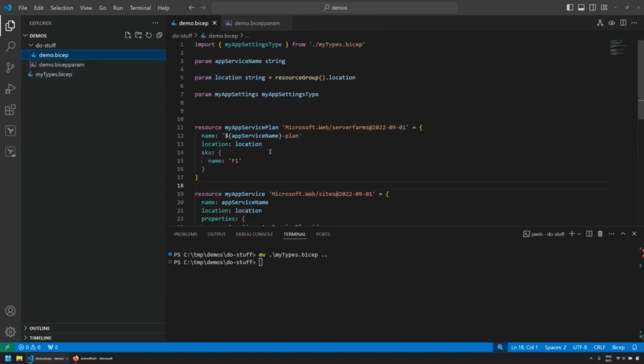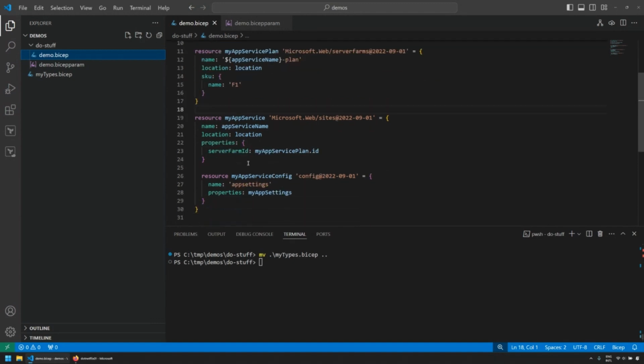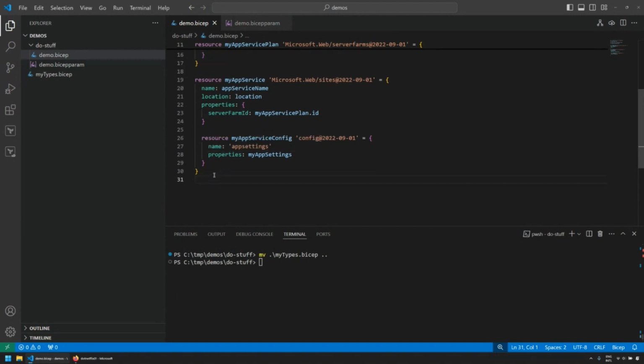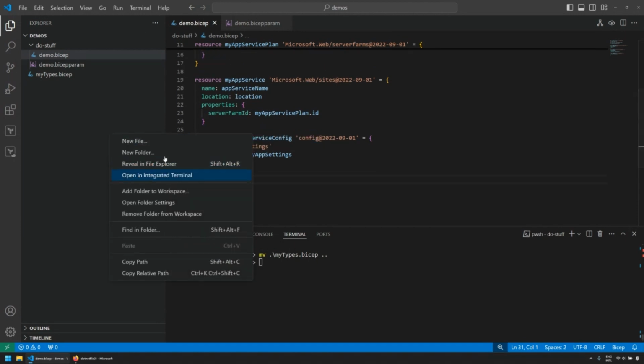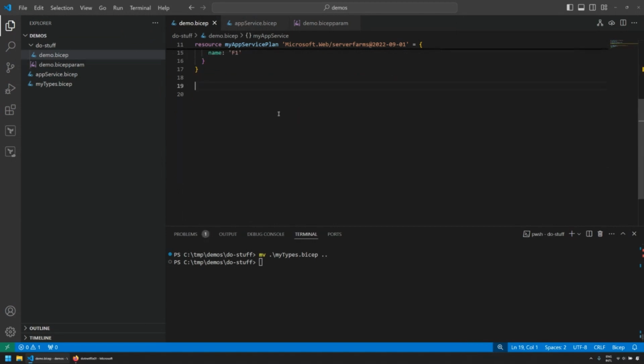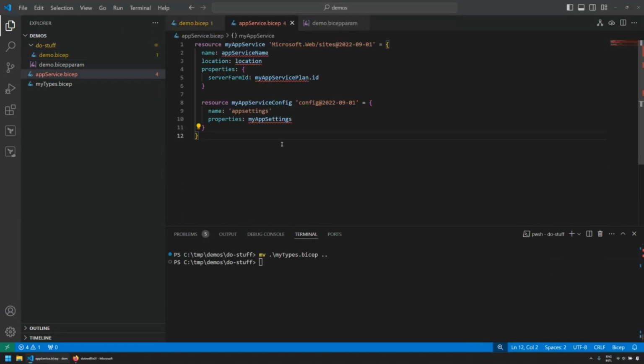So one of the things that you might do is split your files into multiple files called modules, especially when your infrastructure grows, and this goes on to 100, 200, 300, 25,372 lines, that actually makes sense. So I can create a new file and call it appservice.bicep. I can take this resource, which is the app service, move it into here, and then make it compile